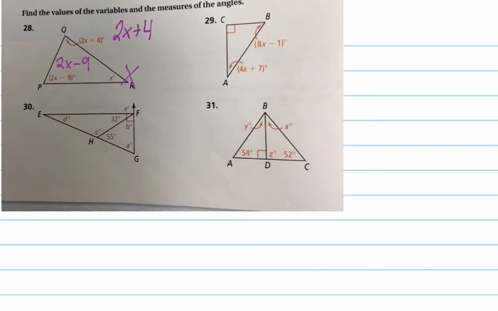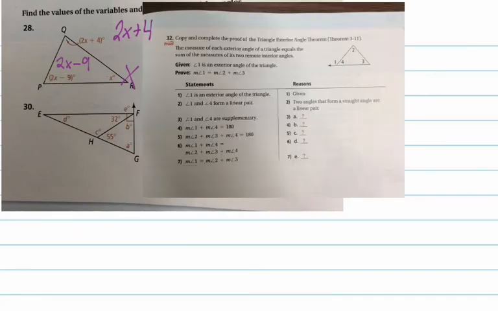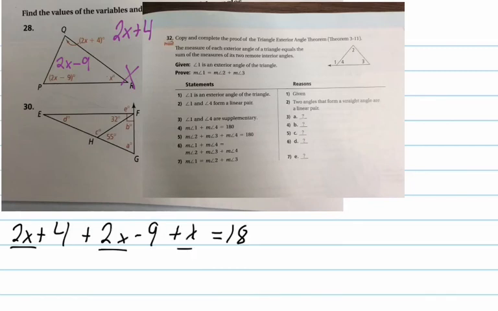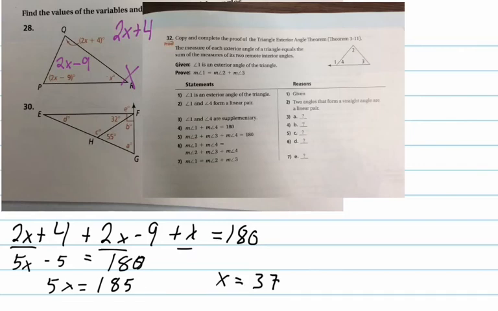All right, what do we get for x? 37. Yeah, it sounds about right to me. So you got 5x equals 185, if I remember right. And then you divide by 5, and x equals 37. We can plug back in to find everything else. All right, number